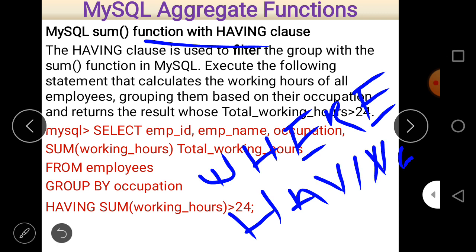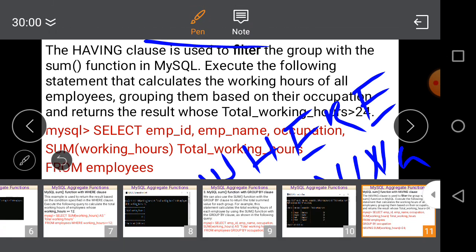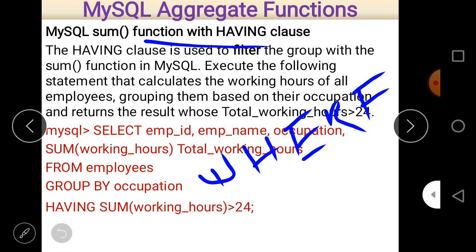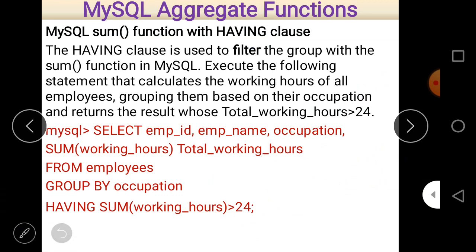So HAVING is used only with the GROUP BY clause, first thing. Second thing, if there is a condition on a group, then we always mention this condition with the HAVING clause. So there are two important things here. You can easily see the condition: we want to make a group only when the sum of working hours is greater than or equal to 24.